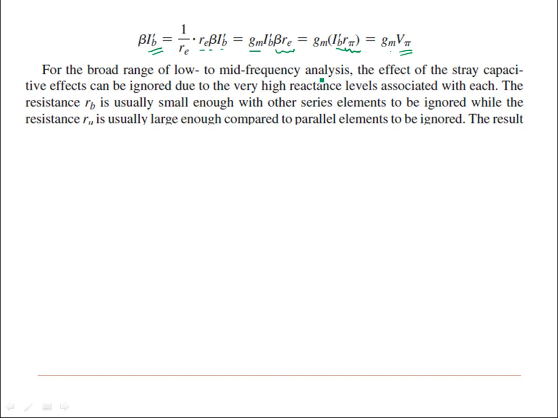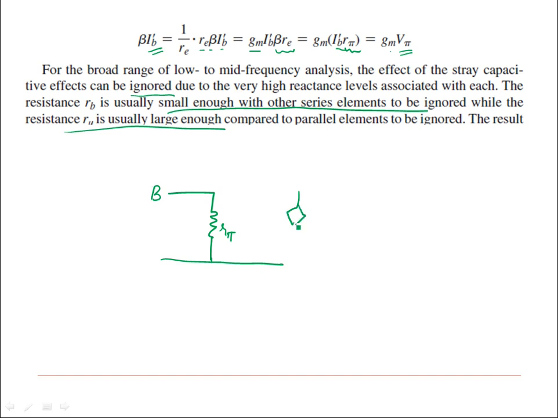So for low to mid frequency analysis, the effect of these capacitances can be ignored, and the resistance rb is usually small enough with other series elements to be ignored, while resistance r mu is usually large enough compared to parallel elements. So this will result in a circuit like this. You have the base, you are ignoring rb, then you have only r pi here. Then C mu, at low frequency and mid frequency analysis I am talking about, and C pi and C mu can be neglected. Then ultimately what is resulting? You have the current source, that is gm v pi here,